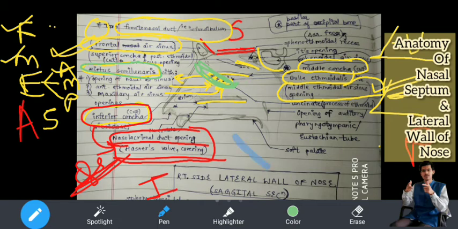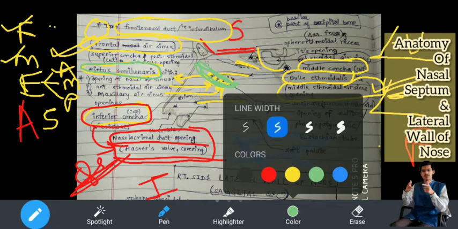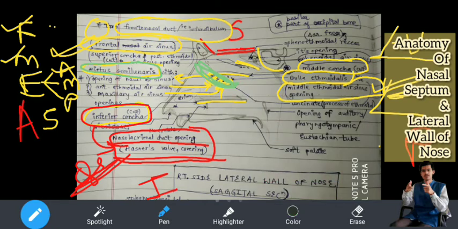ये इधर जो ऊपर है, now I am using black color. यहां पे ये जो है, this is bulla ethmoidalis, which is having the opening of the middle ethmoidal air sinus. समझ में आया? middle ethmoidal air sinus का जो ओपनिंग है वो बुला ethmoidalis के ऊपर है. This is bulla ethmoidalis. एंड ये जो ग्रीन स्ट्रक्चर मैंने ड्रॉ किया है वो उसके नीचे है, hiatus semilunaris. hiatus इज ओपनिंग, तीन ओपनिंग है, हमने ऑलरेडी दिखाया है. अंडरस्टूड? कंफ्यूजन? आई थिंक आई हैव डिस्कस्ड इट. वी हैव एस्केप्ड द कंफ्यूजन.